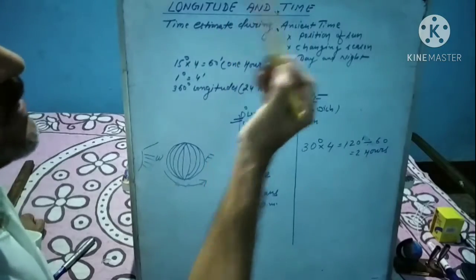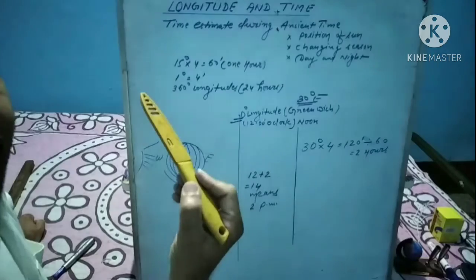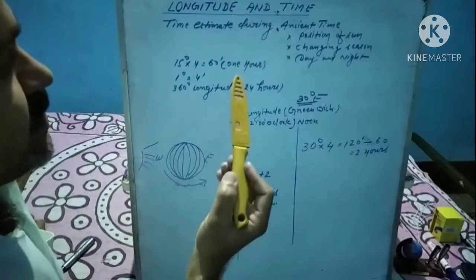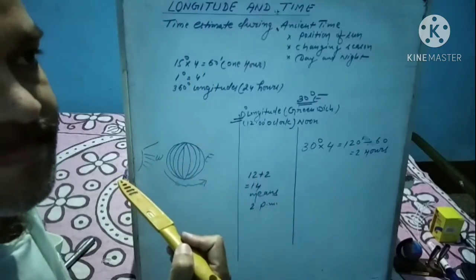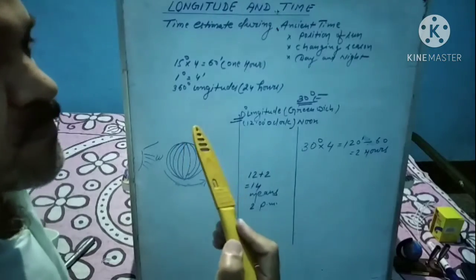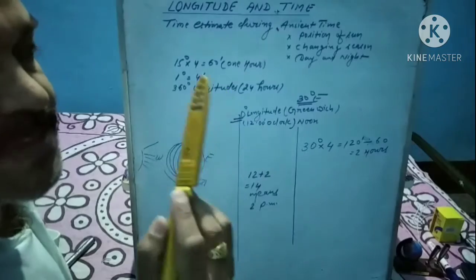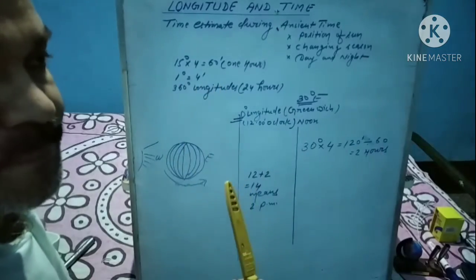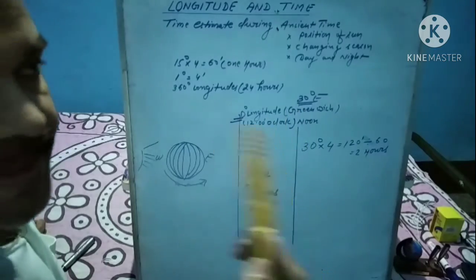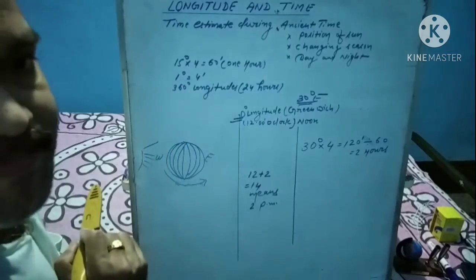But before going to start this topic, a little bit of introduction lecture is important here. During the ancient time, people estimated time with the help of natural events. It means events which happened in nature. The same events they would use for calculating the time. For example, position of the sun.